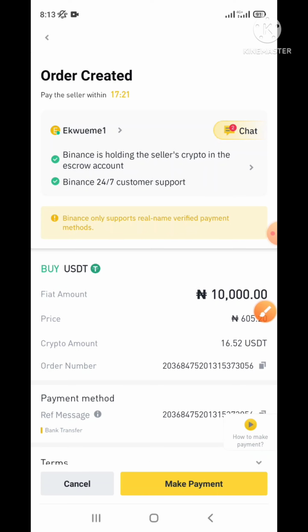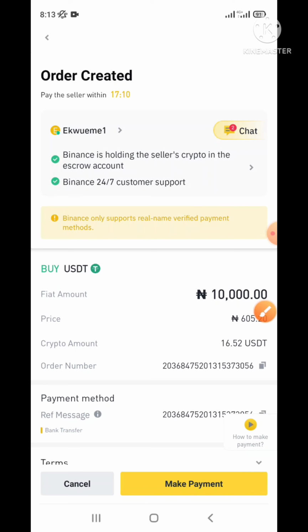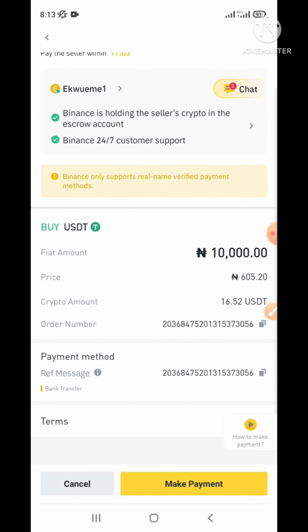Okay, this is the buying. You see, they have given you 17 minutes to pay. In case you don't pay, Binance will give you a query. So since I don't want to make any payment, normally if I want to pay this guy, I have to